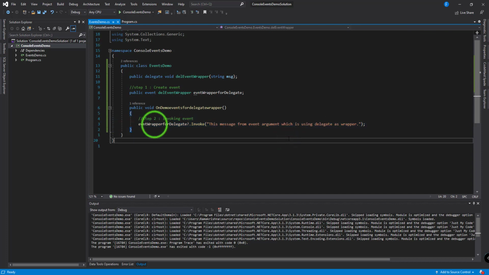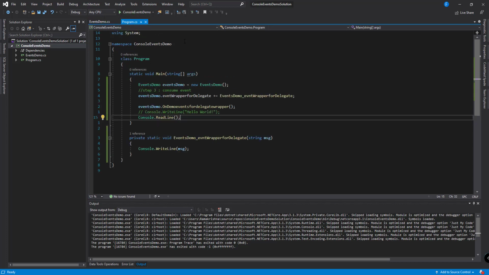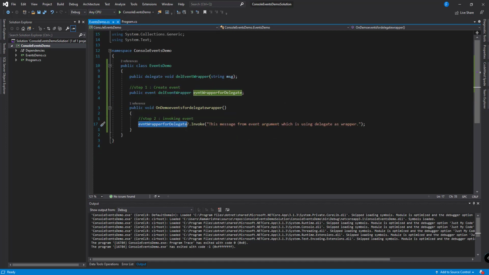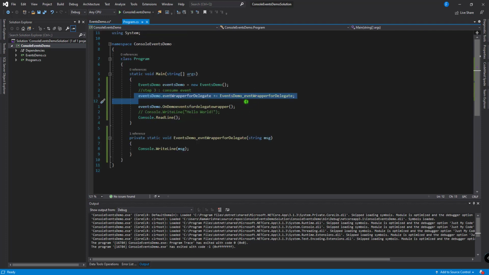So this is the publisher, and the subscriber is the one which consumes an event along with this plus equal to operator. So this is the subscriber, and step 2 is a publisher. Step 3 we can call a subscriber. So we have the observer design pattern in the event. That's it, guys. Simple concept.